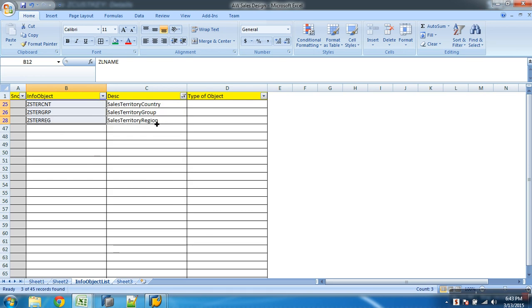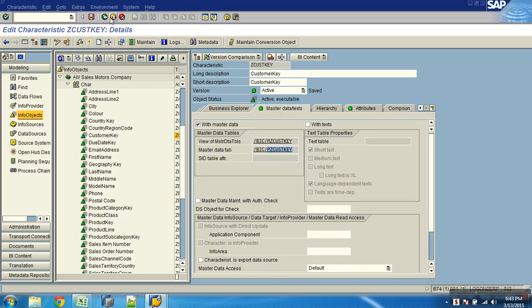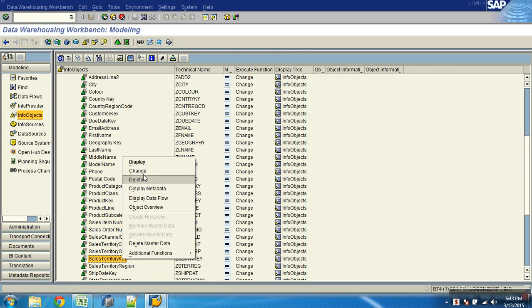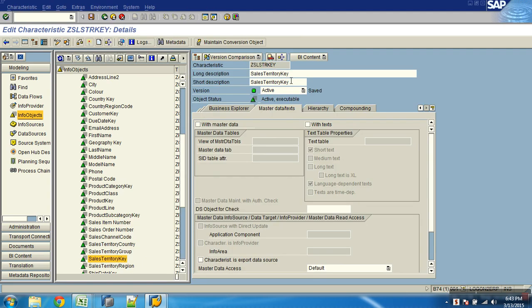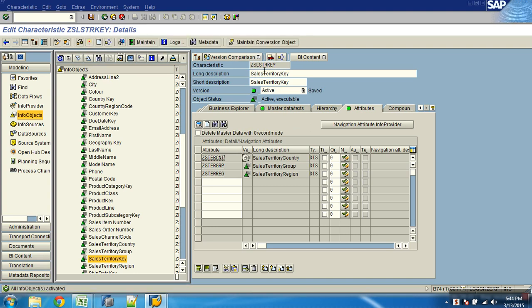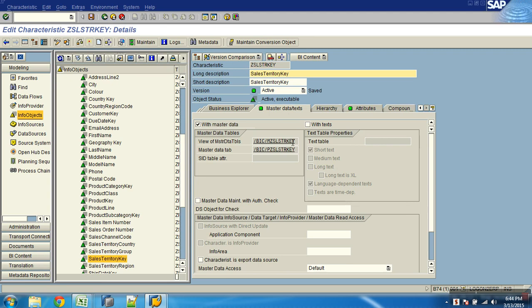And I want all these set as attributes for sales territory key. Where is my sales territory key? This one, right click and say Change. You remember this was already used as an attribute in country master data, but this again has got its own attributes. It can have master data attributes like that. So when we activate, it will start creating the attribute table of sales territory key. This is the P table.